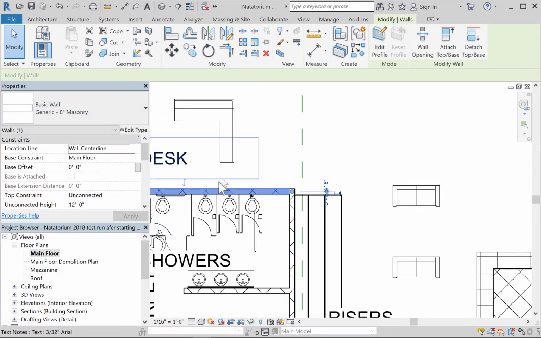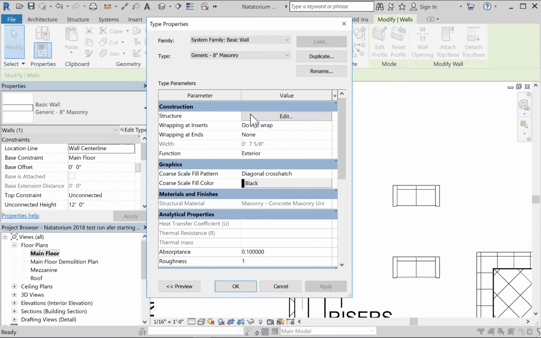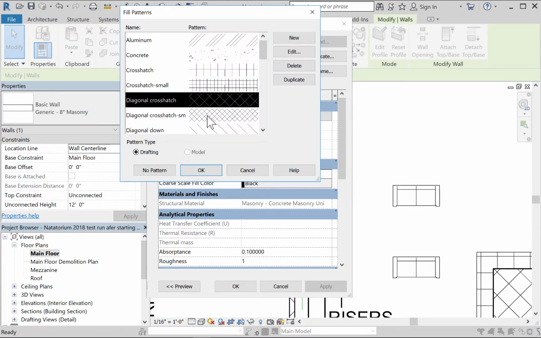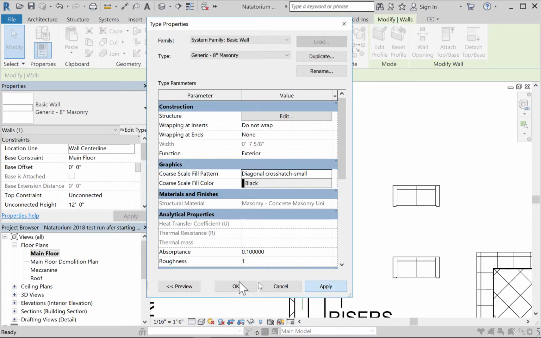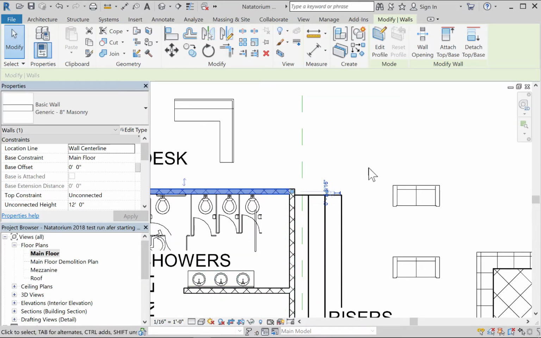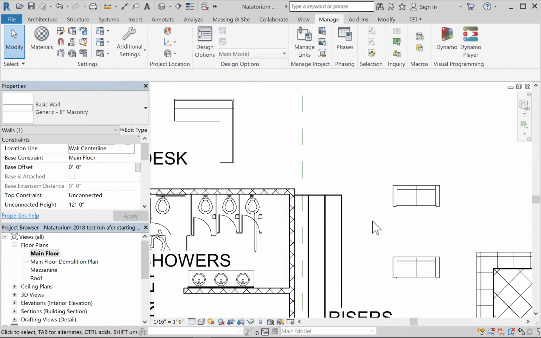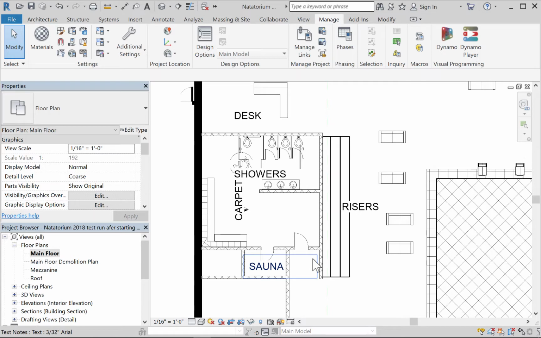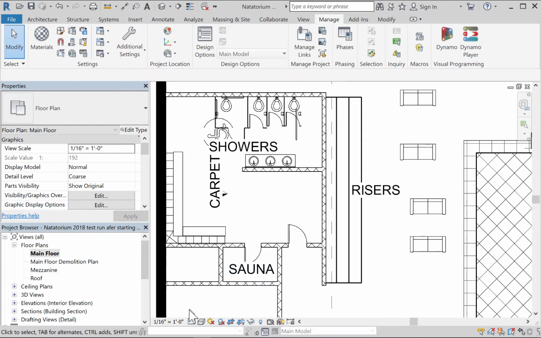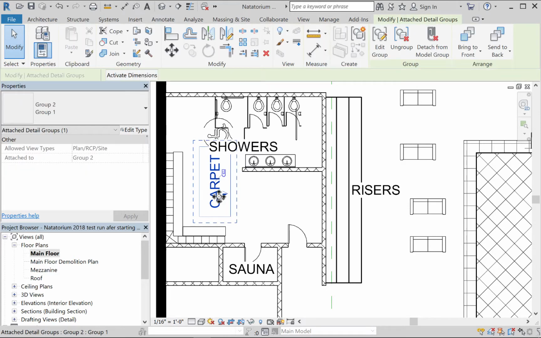However, if you want to change the hatch pattern, you can go in wall type by wall type and edit the coarse scale fill pattern. So for example, if you don't like diagonal crosshatch, you want a smaller crosshatch. This is 1/16 inch scale. You can absolutely make a smaller crosshatch and it'll show up a little better. We don't have a huge number of walls in our project, as a matter of fact, but that is a nice way. At 1/16 inch scale, these plans are tiny, right? So anyway,